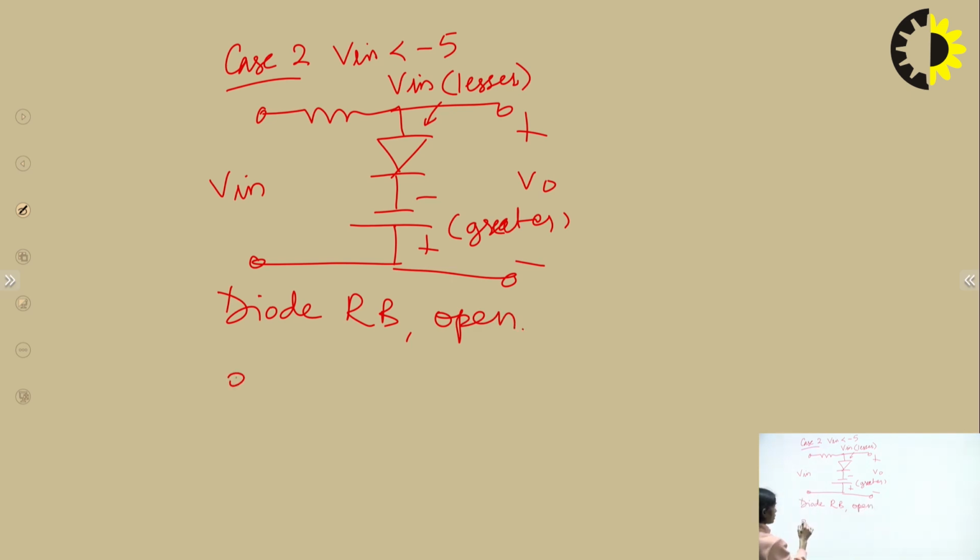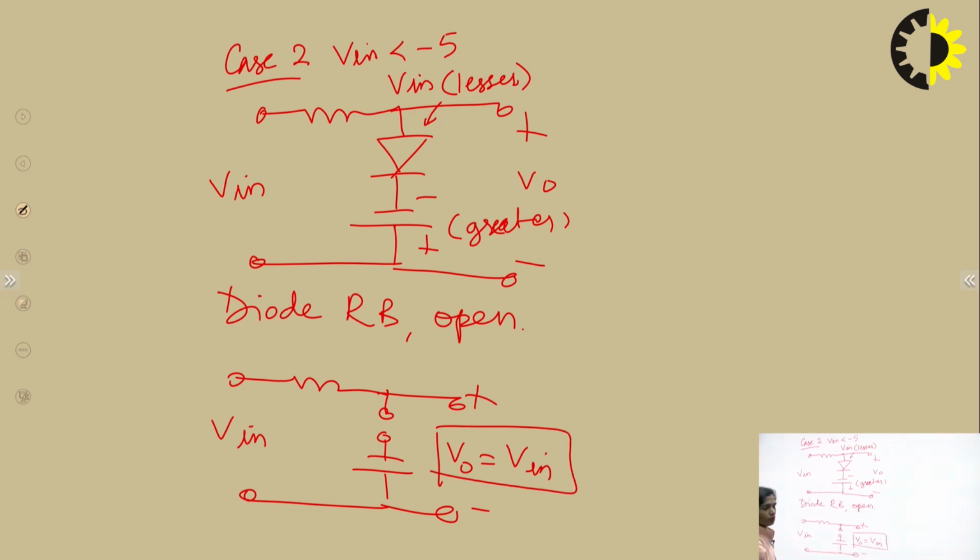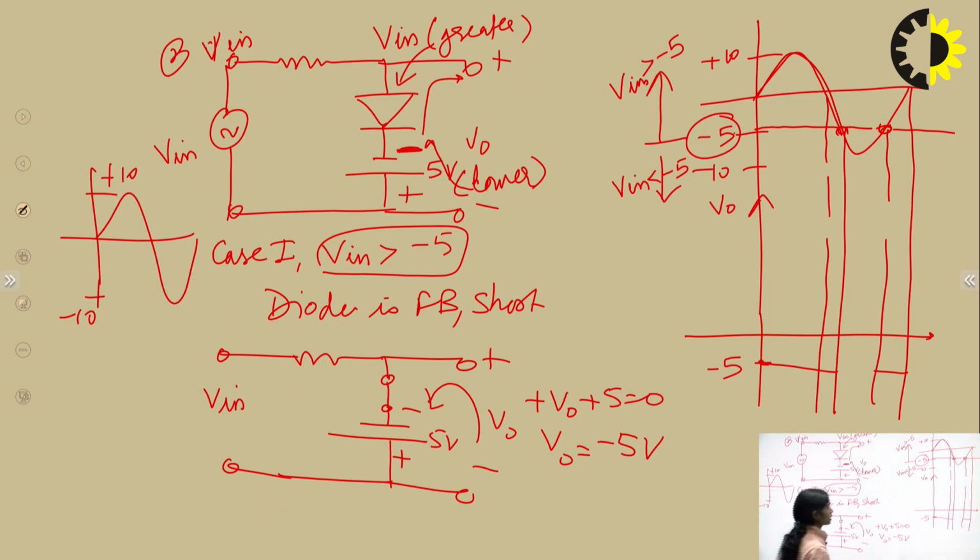So if we draw the circuit arrangement here, in this case diode will become open circuit. So what is the output we get here? This output is again equals to Vin. So for this portion, output is equals to Vin, and if we look into this, for Vin lesser than minus 5, the only remaining portion is this left. So this will appear as it is with same peak voltage at minus 10 volt. So this is the output waveform that we will get for this circuit arrangement.